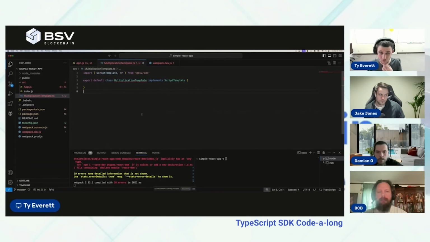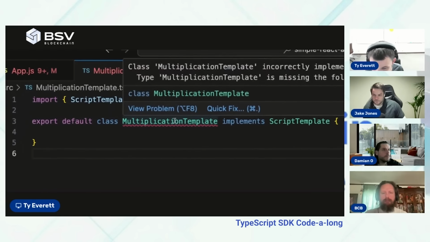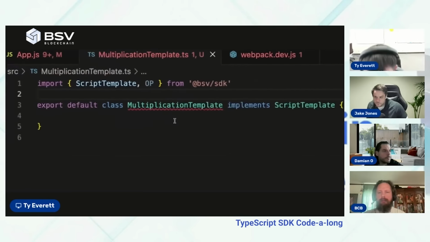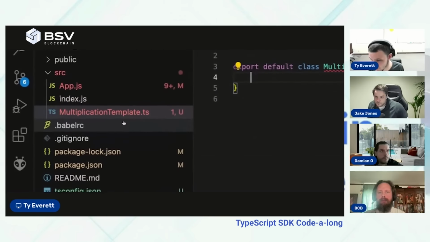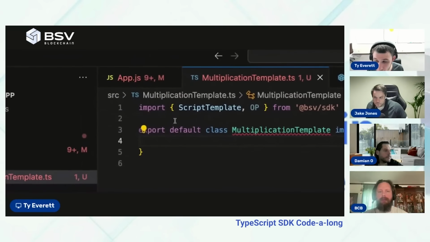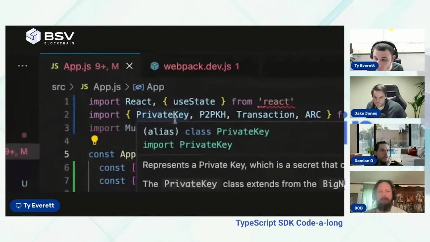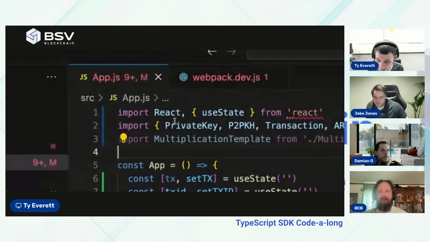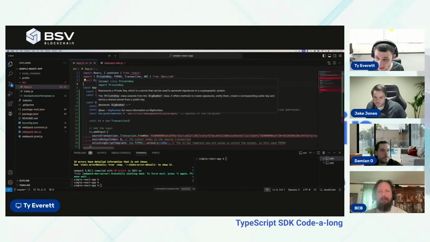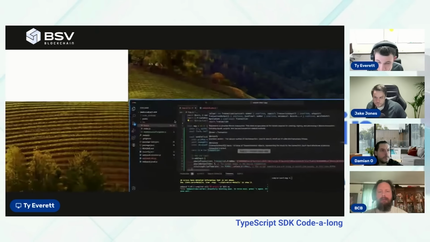And this simple React app that I pulled down did not implement TypeScript, and therefore, implementing this multiplication template will prove difficult. We can move to another environment that has that capability, such as TS Node, or we can attempt to